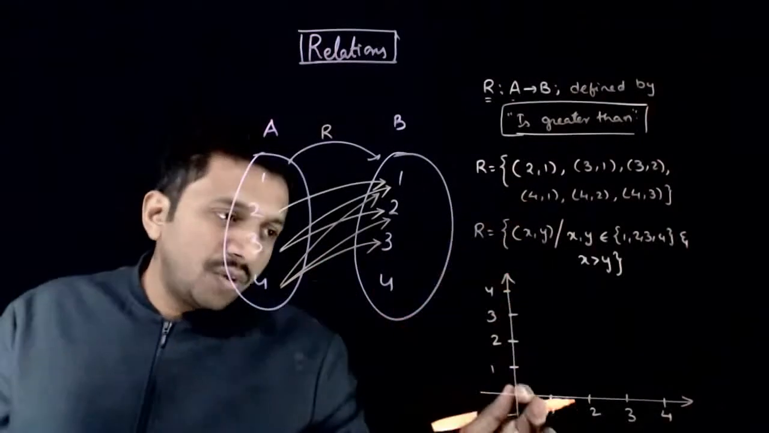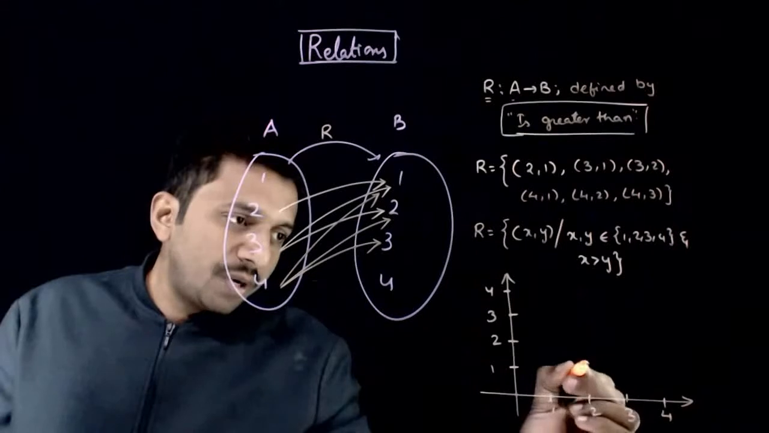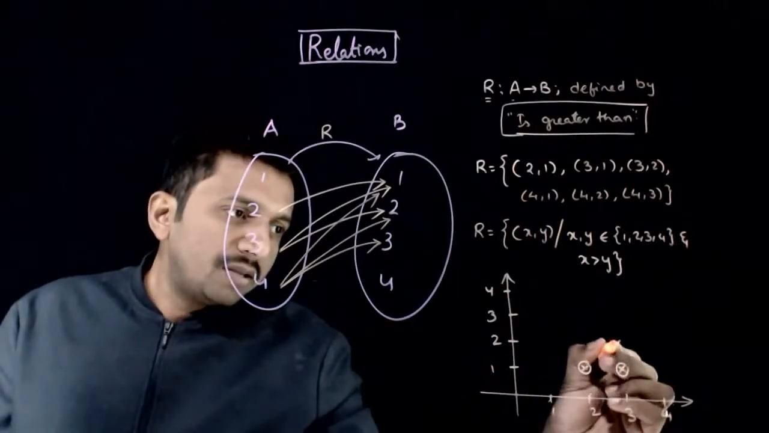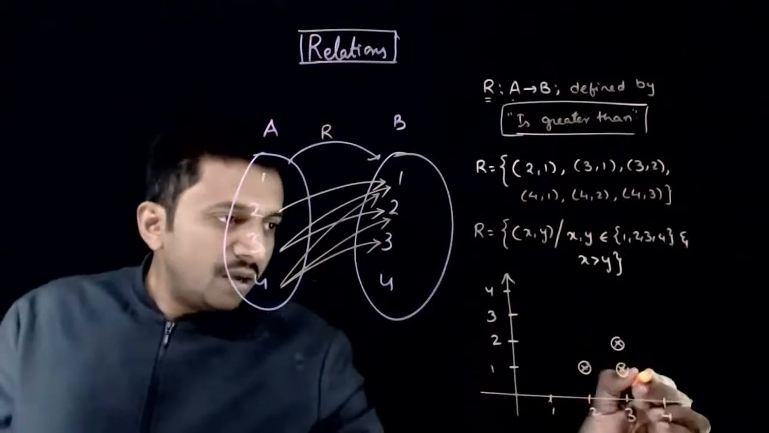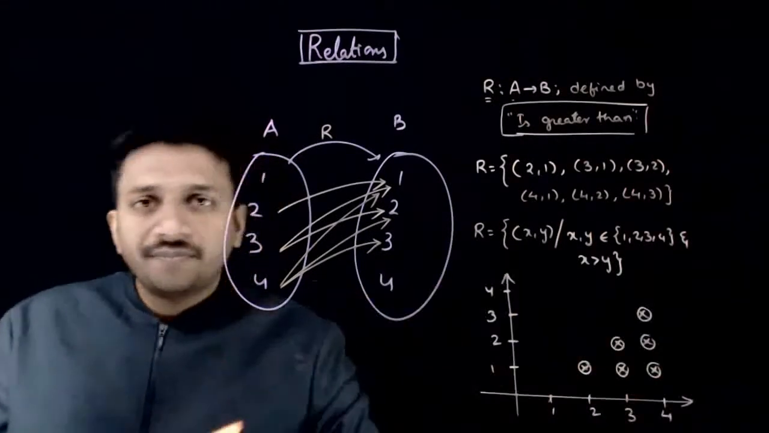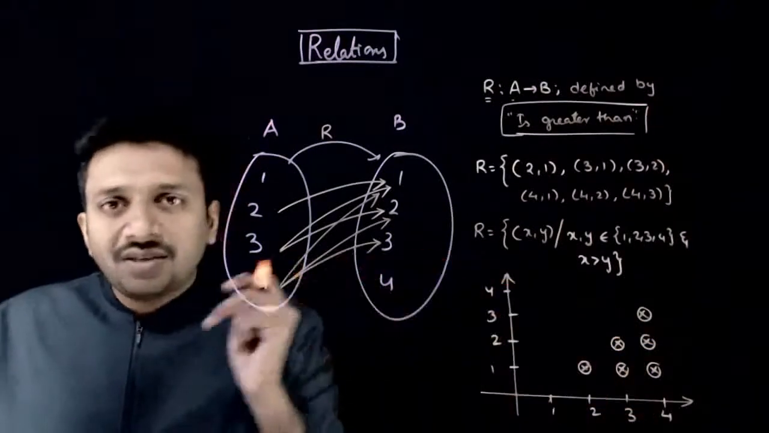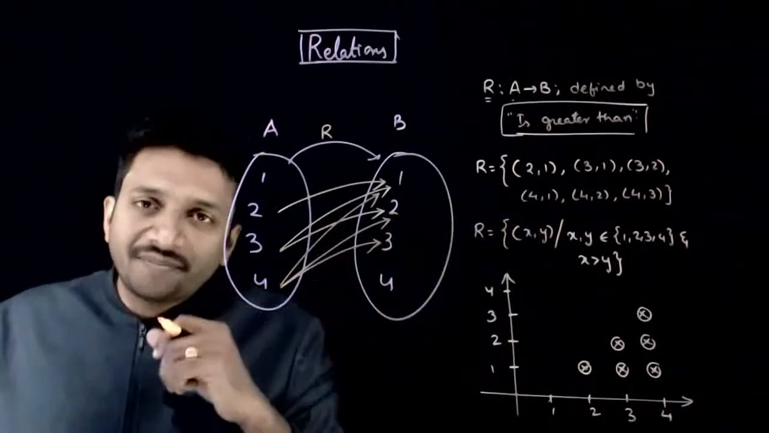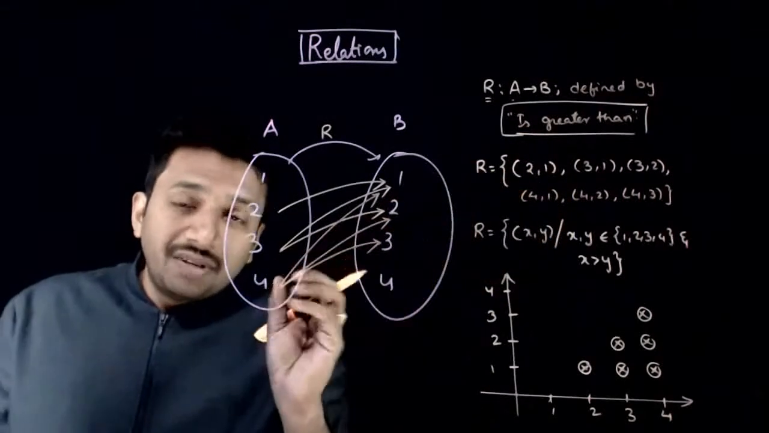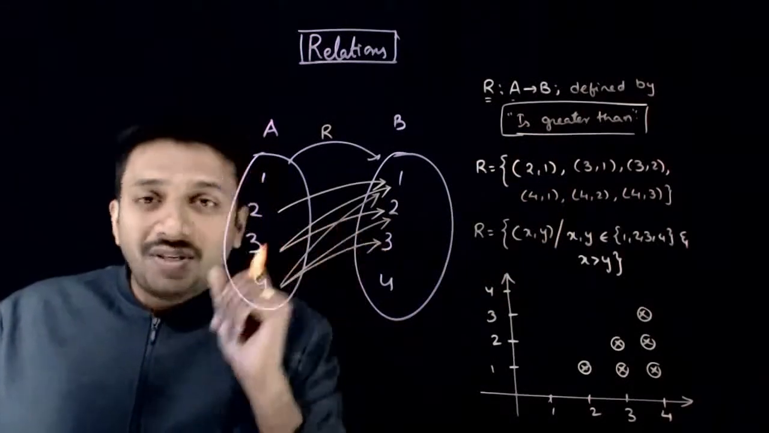So the first point is (2, 1). So (2, 1) is this point. Next, (3, 1) and (3, 2) are these two points. Then (4, 1), (4, 2), (4, 3). So these are the 6 points that are present in R. Right? So in the question, if he wants to talk about this set,